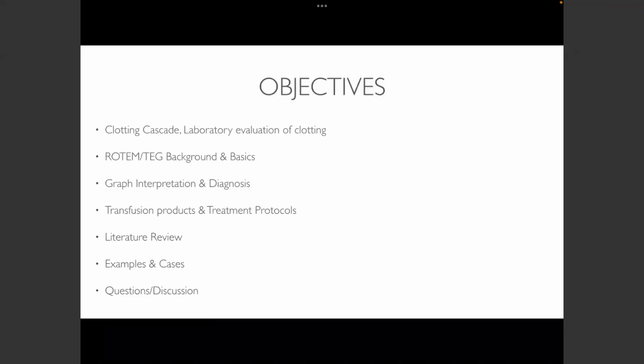So for the objectives, we're going to go through the clotting cascade, just quick background stuff, and then the laboratory evaluation of clotting. Then I'm going to go over the Rotem and Tank basics, because on your test you are going to be tested on Tank because it's used a little more in the US, and then in Europe, Rotem's a little more popular. So I just want to make sure you're aware of both. Then we'll go over some basic graph interpretations and diagnosis, talk about some transfusion protocols and products, and then